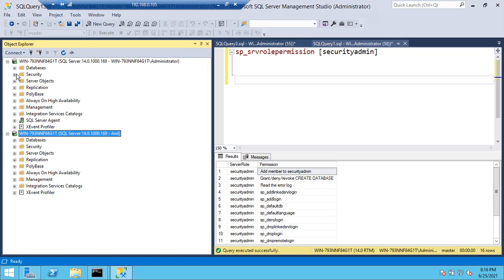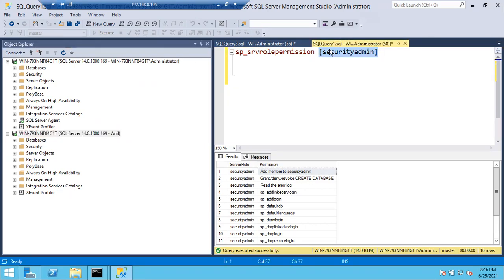Okay, that's fine. So these are the assignment questions for tomorrow's session. First question: can a process admin kill a sysadmin session or not? Second question: can a security admin delete the sysadmin login or reset the password of the sysadmin login or not? Let me know the answers for tomorrow's session.